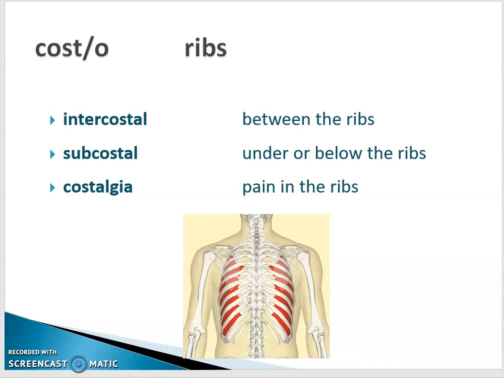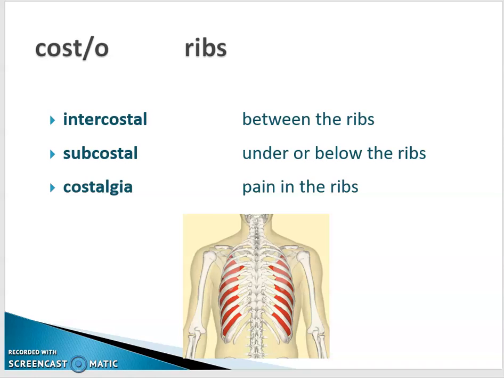Okay, so as I told you, we're going to jump all over the place, right? So we kind of just went down the forearm, and then we went through the wrists, we covered the fingers, and now we're moving to the ribs, which don't correlate at all, but here we are. Costo is a combining form for ribs. Intercostal means between the ribs, and that's very important because when you place EKG leads, they have to go between the ribs, and other procedures go between ribs, like